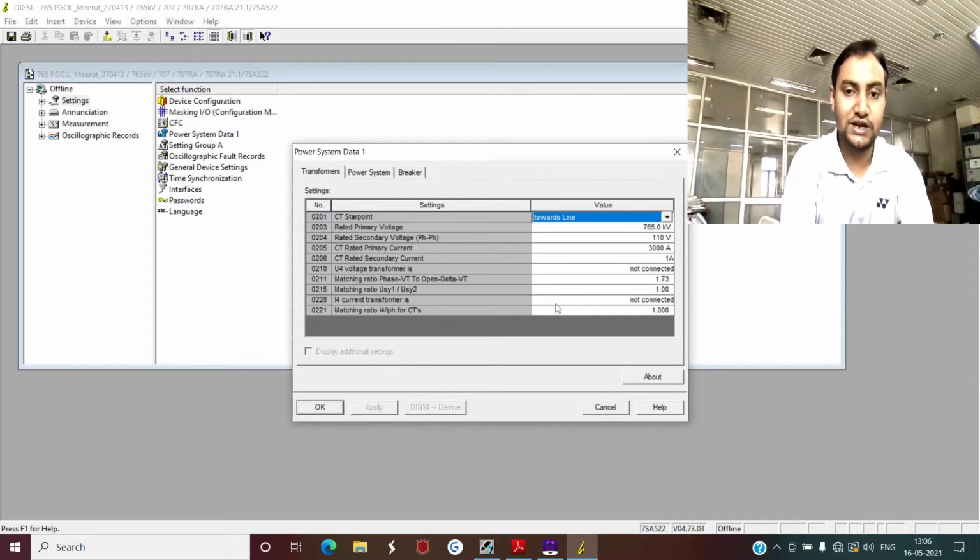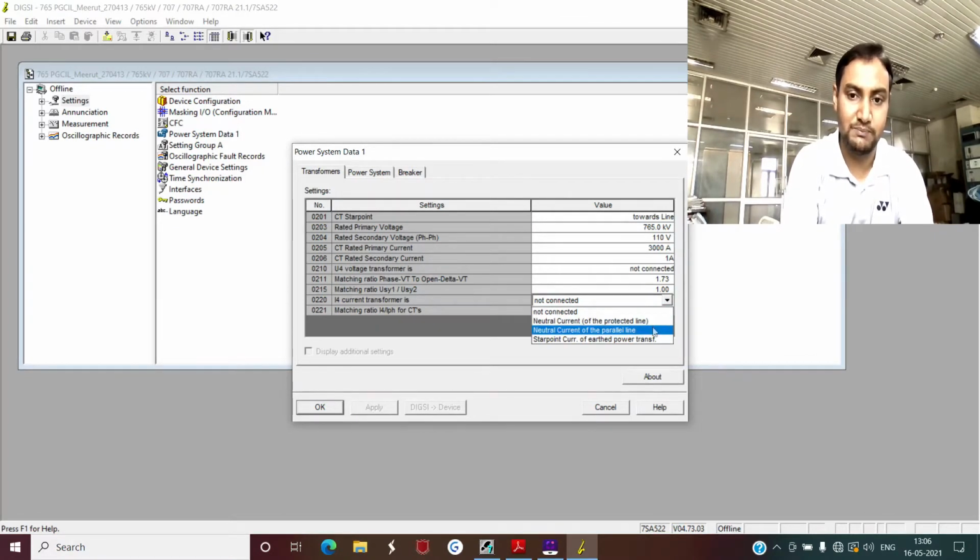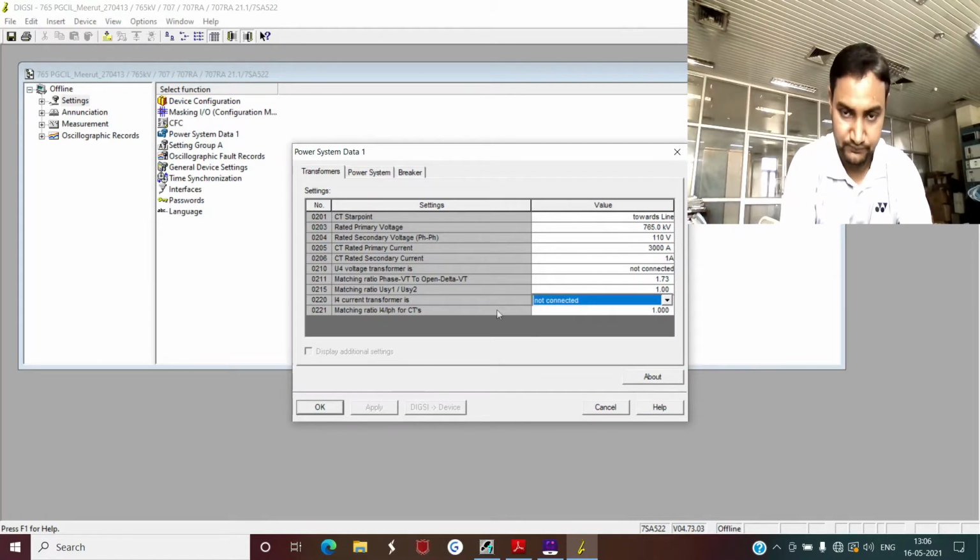Now, for this neutral current of the CT, you will have three options: neutral current of the protected line, neutral current of the parallel line, and not connected. The meaning of these is: if you are using a CT in which you have connected all your R phase, Y phase, B phase, and neutral to your protective relay, then you have to select the neutral current of the protected line.